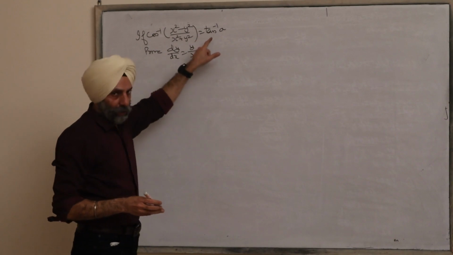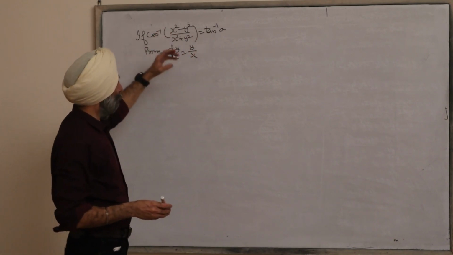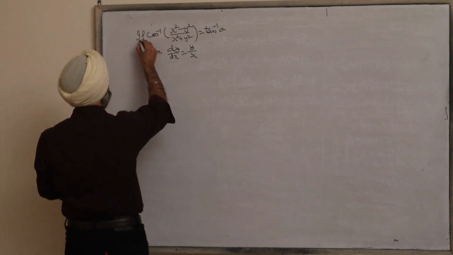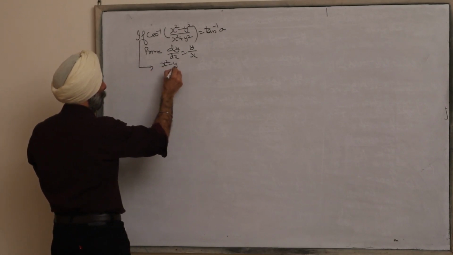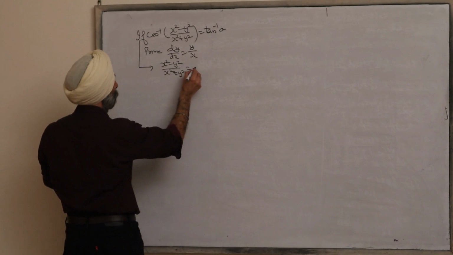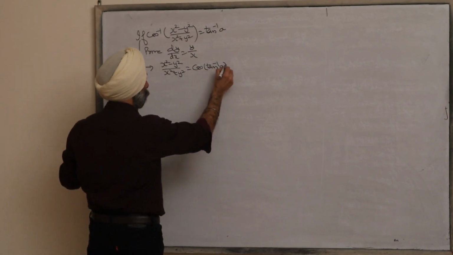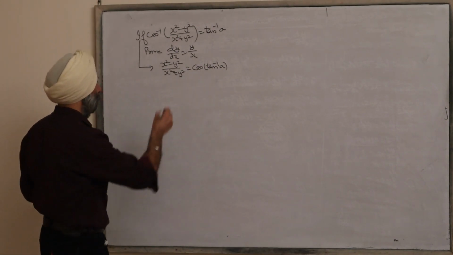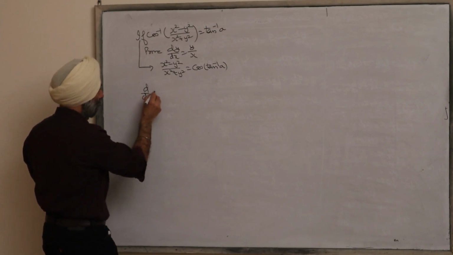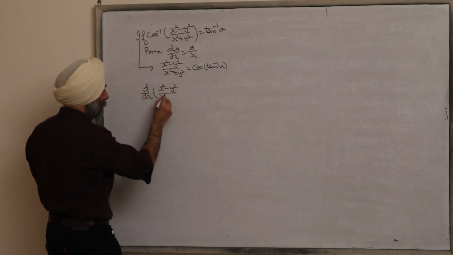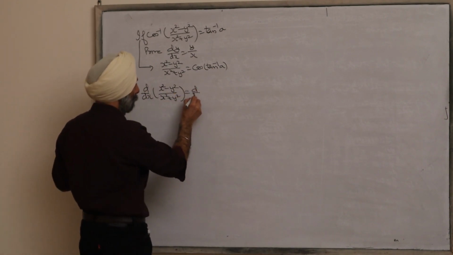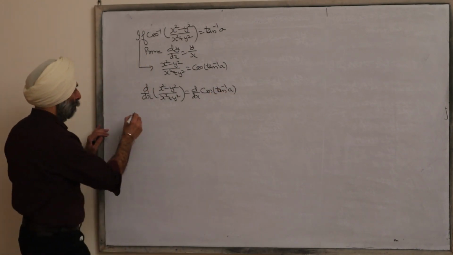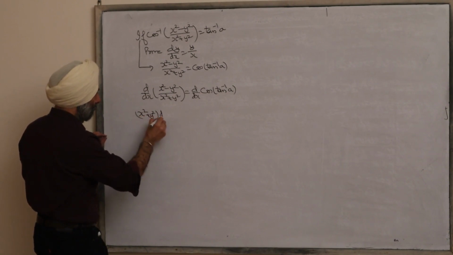Now if I try to straightway differentiate this left hand side, differential of the left hand side is going to be quite complicated. Now, can I write this as x square minus y square over x square plus y square is equal to cos of tan inverse of a? Now this is constant, that means its differential is going to be equal to 0. So d over dx of x square minus y square over x square plus y square is equal to d over dx of cos of tan inverse of a. So v into differential of u